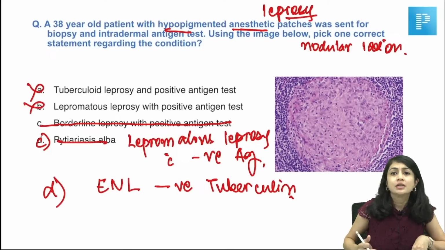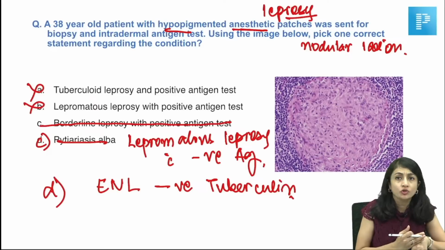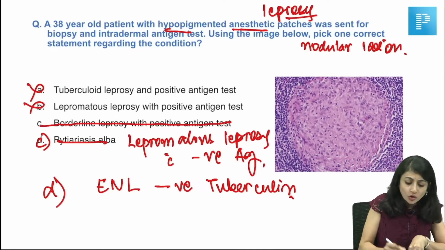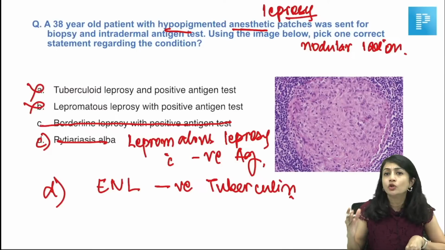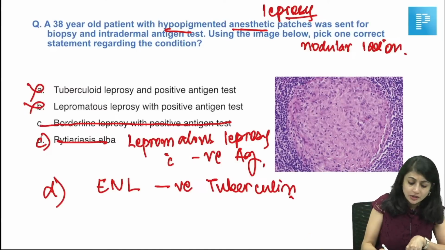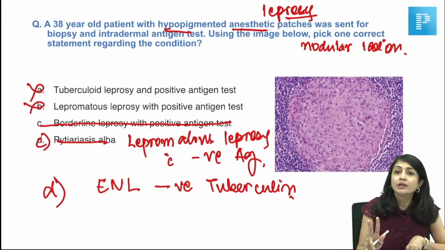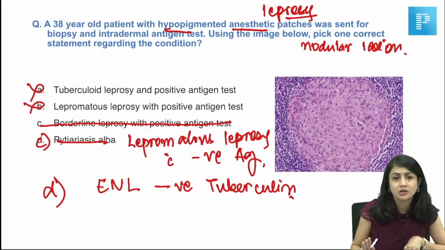Now, since there was nodular lesion, since there was anesthesia over the arm, we will rule out tuberculoid pole. Now, the second option, which was lepromatous leprosy, we know it does not have a positive antigen test, so that's also ruled out. We are left with two options, lepromatous leprosy or ENL, both with negative antigen test. We know that both of them have negative antigen test, but if they have not mentioned any feature about reaction,